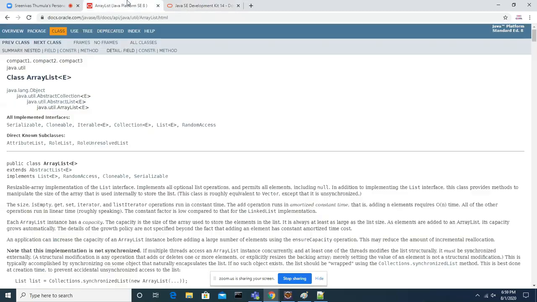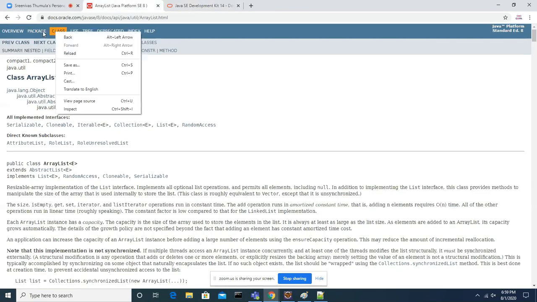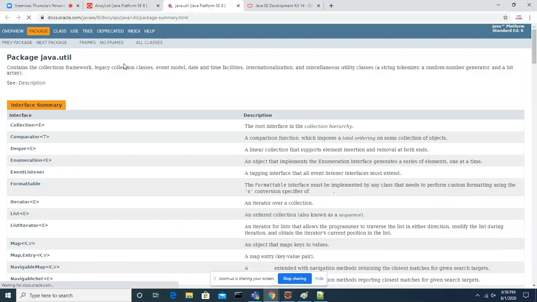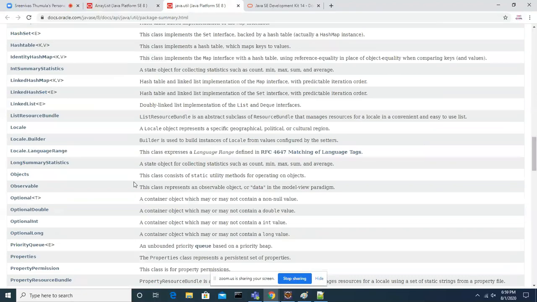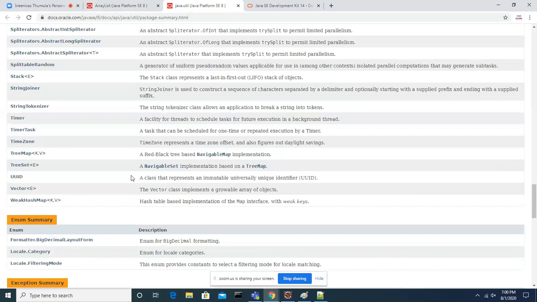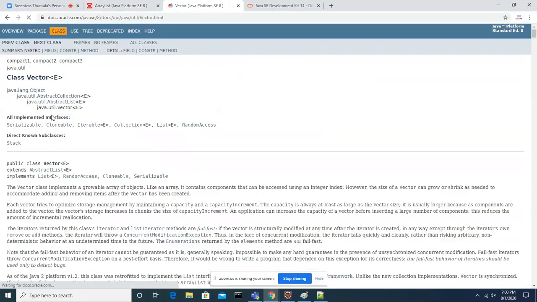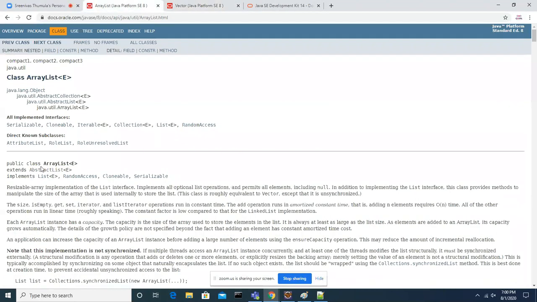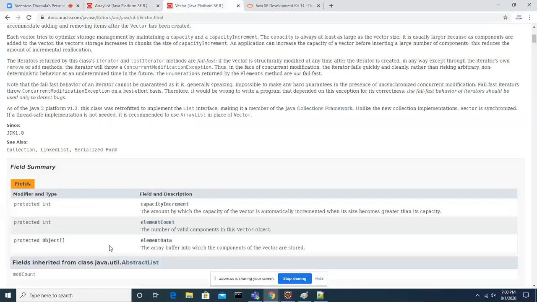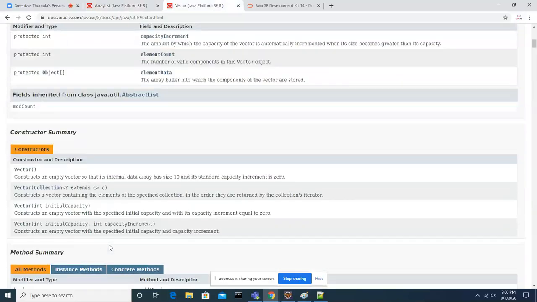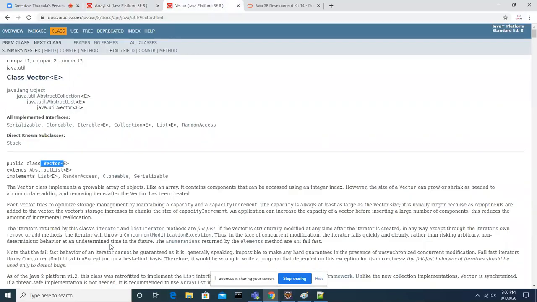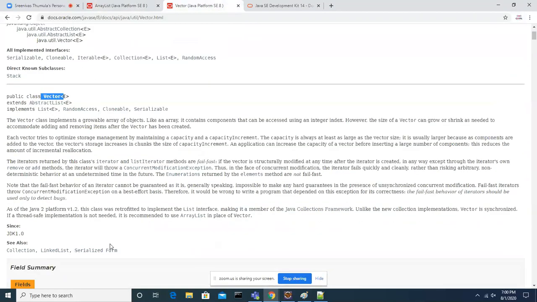Let me open that class as well. Where is Vector? Okay. So this Vector and the ArrayList are the same, but one difference is there, which I have to explain to you.